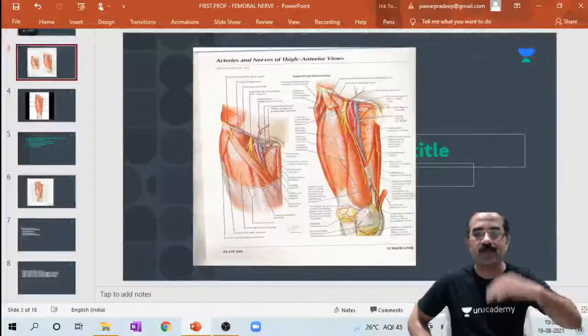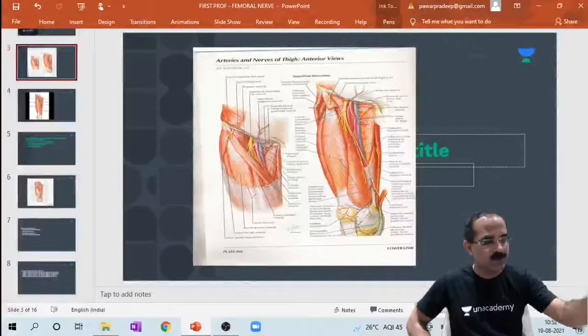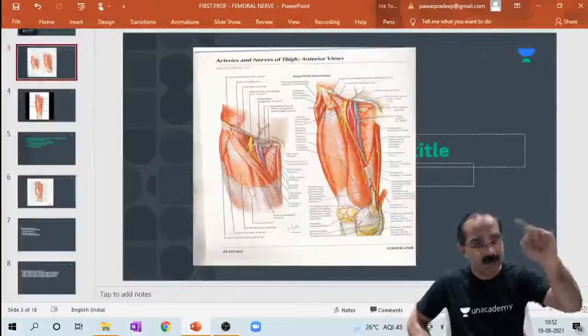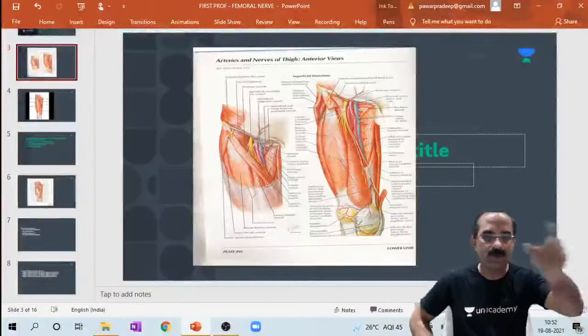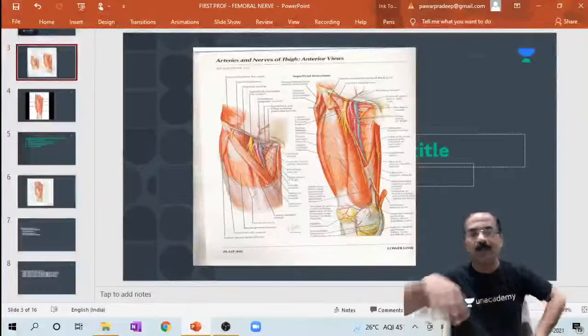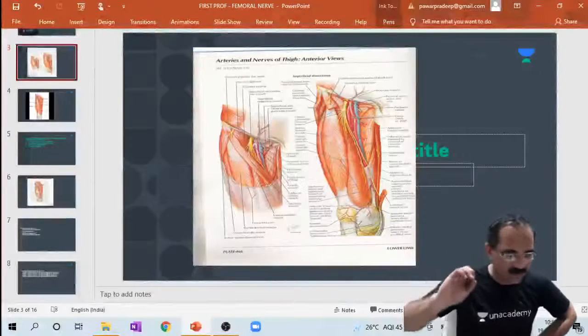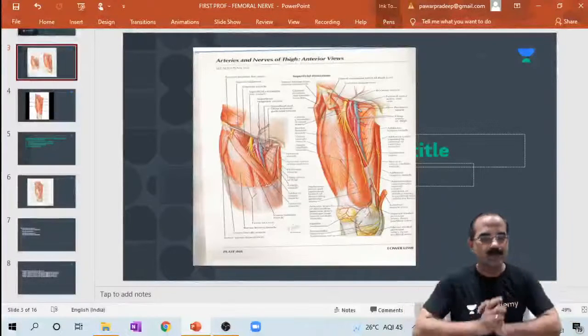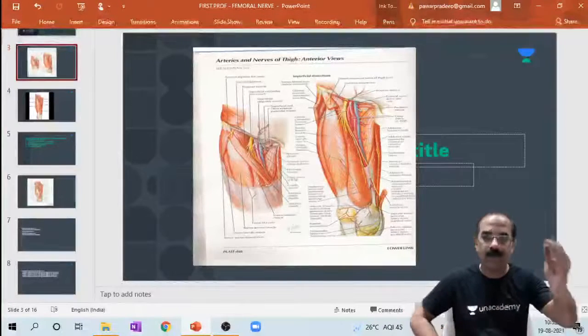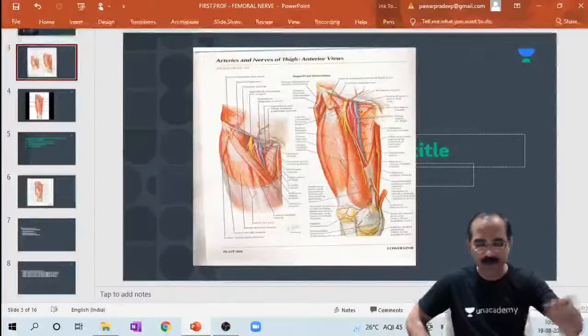One student answers it as femoral nerve and the other student answers it as the anterior division of femoral nerve. So obviously he'll get more marks, because I know that the student knows the femoral nerve has got anterior and posterior divisions. Clear? So yes, sartorius is supplied by the anterior division of femoral nerve,